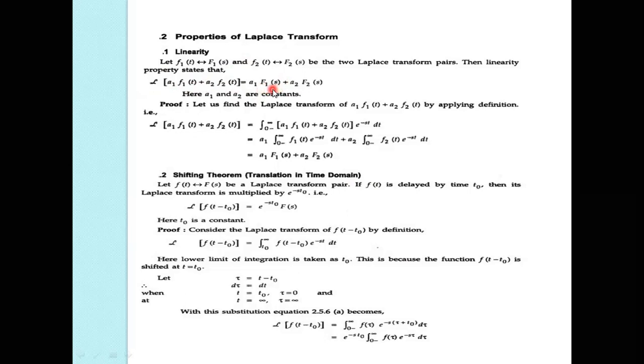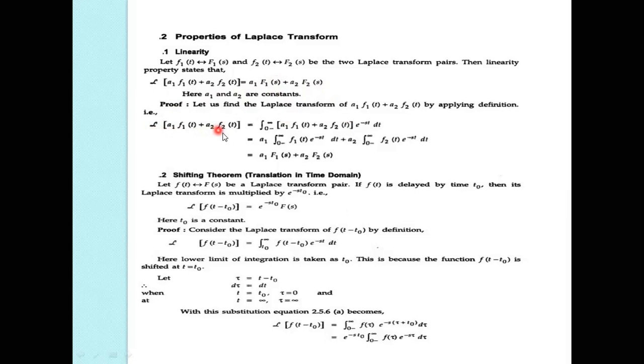The Fourier transformation is f1 of omega and f2 of omega. Now, in the Laplace transformation, the change is the variable within the parentheses: a1 f1 of s and a2 f2 of s. Here a1 and a2 are constants. The proof: